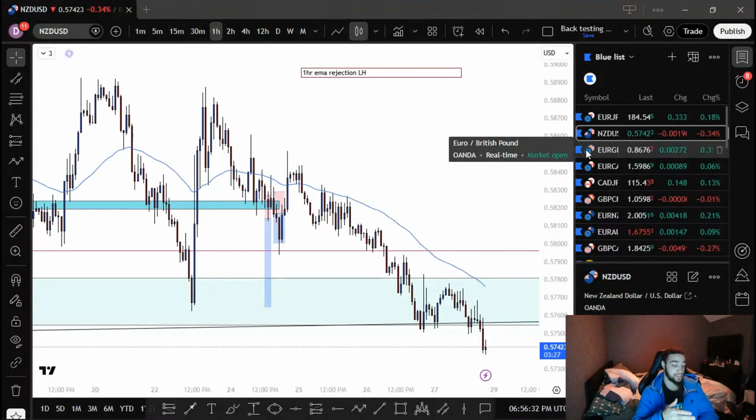Like none of those losses hit my full stop loss. Because if each one of those would have hit my full stop loss, I would have lost 1.5. Right, so there'd be an extra. So I'd have been down 2% rather than up 2%. But I managed my risk so well that that didn't happen.